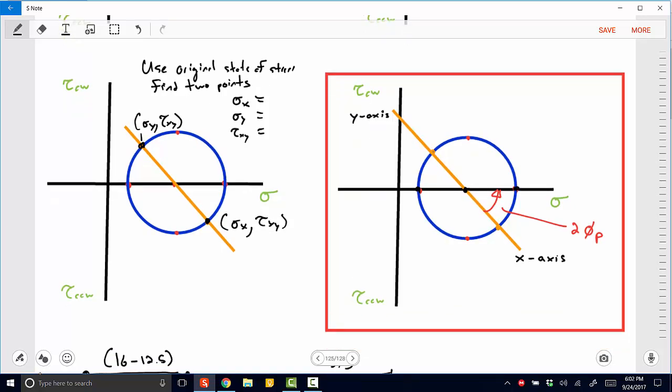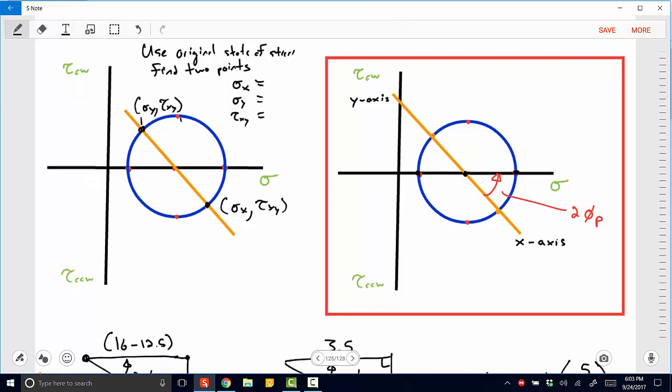So now that we've got all of these points of interest defined, so we've got our sigma normal stresses, our extreme value shear, and we also have the line that represents our original state of stress, we can then figure out the angle that exists between the x-axis and our principal direction as being the angle 2 phi p, right? And we can say that that angle can be found as tan 2 phi p is equal to 2 times tau xy